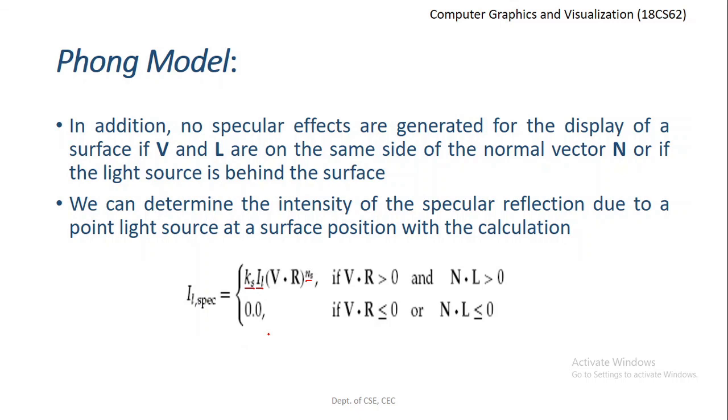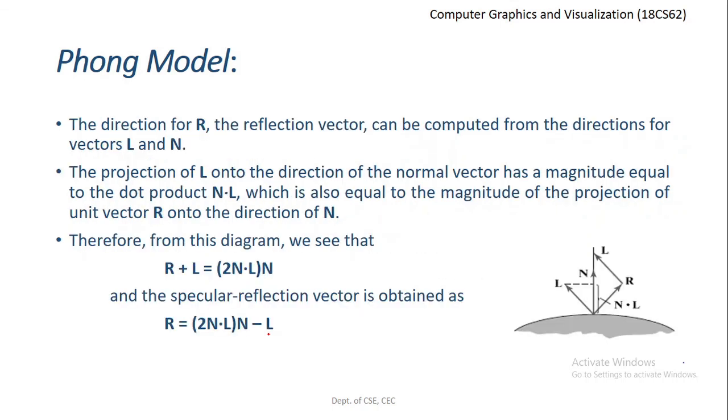That is about the equation for the specular reflection, taking into account the different vectors used in the Phong model. So we have used the surface normal vector N, we have used the vector L in the direction of the point light source, we have used the vector R in the direction of the ideal specular reflection, and we've used one more vector V in the direction of the viewer from a given surface position.